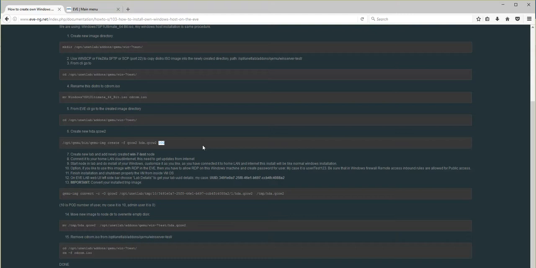It will not be 30 gigabytes, but it can be expanded up to 30 gigs. After the installation you will see that your Windows 7 image will be approximately only 5 or 6 gigs. It is reserved space, but it is not taken from your EVE hard drive, just a container.